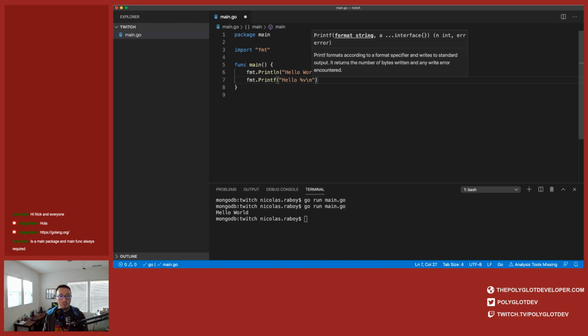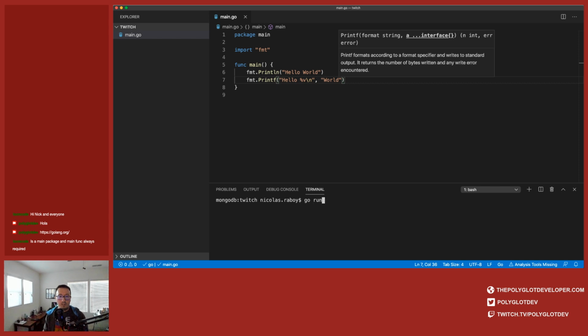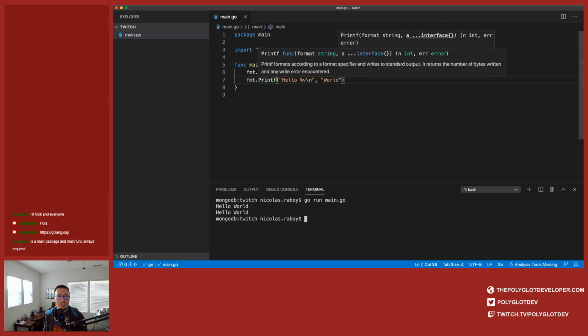I'll do a new line there because it's just a standard print. And then for the value, notice that it was comma separated there. I'm just going to say world again, and I'm going to save it. So I'm going to say go run main.go, and you can see that I did hello world twice. So this Printf is nice if you want to print variables or if you want to do a formatted string.